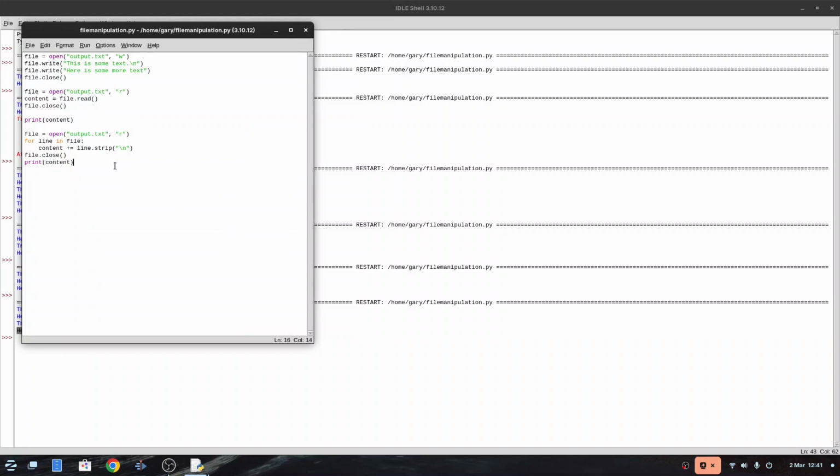If we want to, we can append to the file. So, and we do file.write, like that. And now if we take this line here, copy and paste it down and run it,